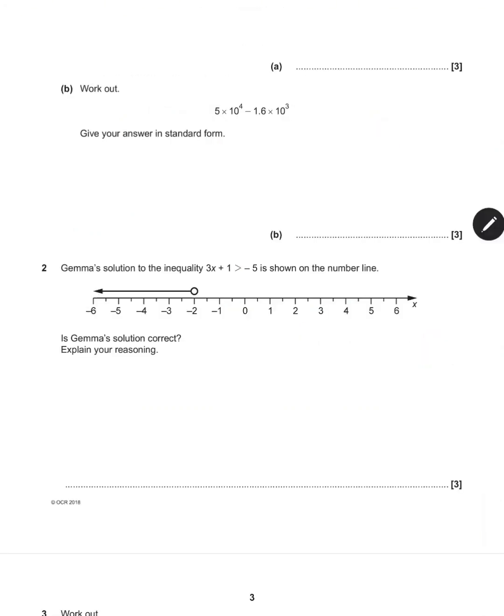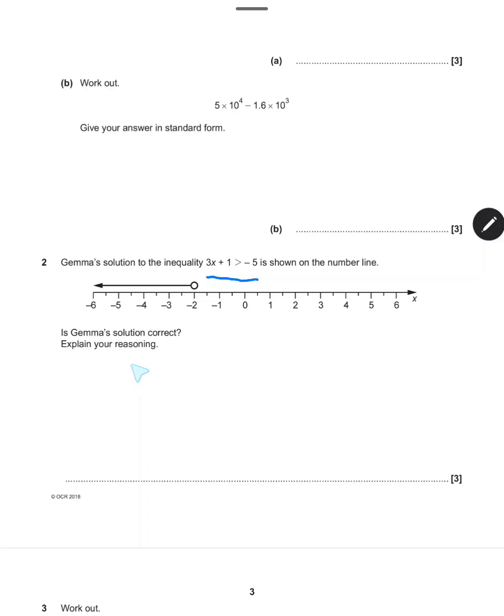So in question 2, we've got an inequality and someone solved it and put the solution on a number line, and it's wrong. So we're going to solve this inequality and see what happens. So we've got 3x plus 1 is greater than negative 5. Just treat this like an equation, same thing to both sides. So we'll take 1,